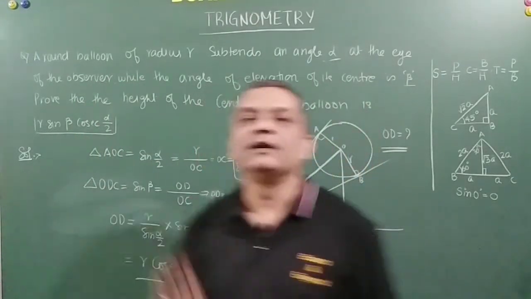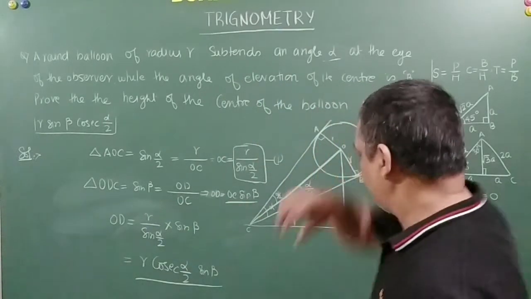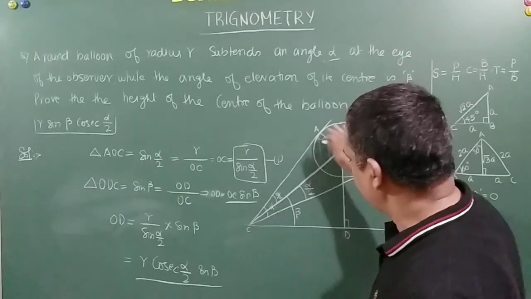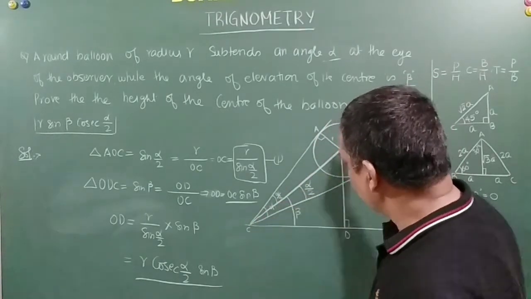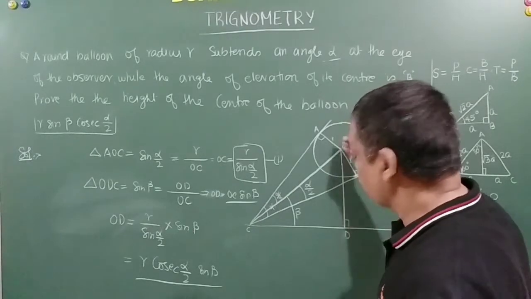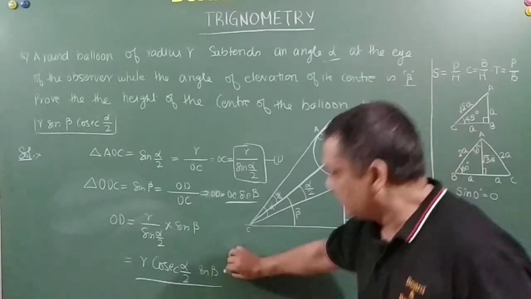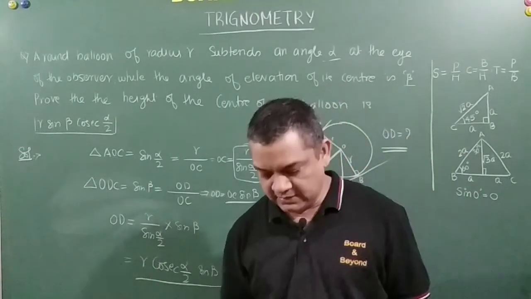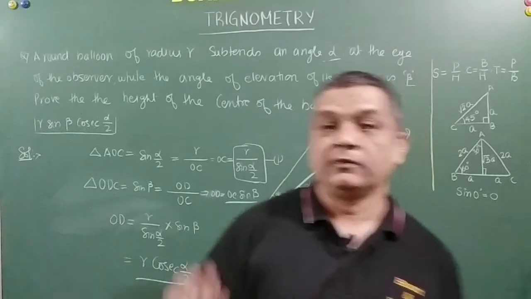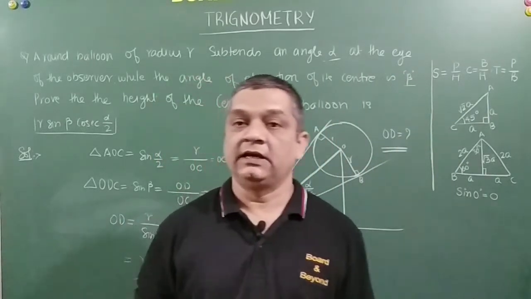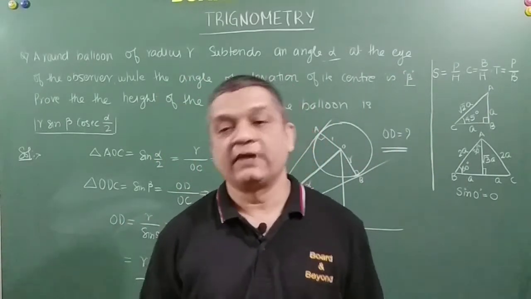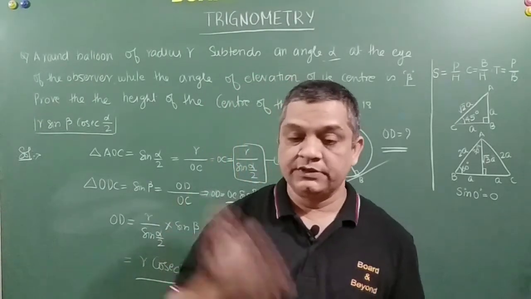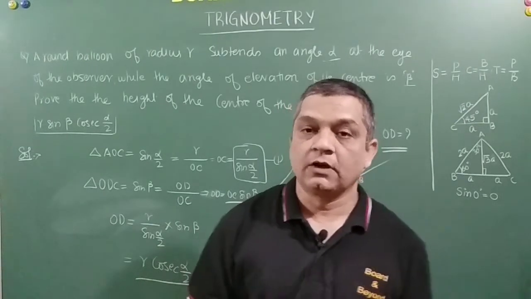Okay, so this is a little tricky, wherein what we do is that we try to find out the value of OC from the first triangle and then express OC in terms of OD, OD in terms of OC, and then finally come to a conclusion here, right? So this was actually one of the good problems that I have seen from a different source, not from your textbooks, right? So friends, just wanted to close this here.